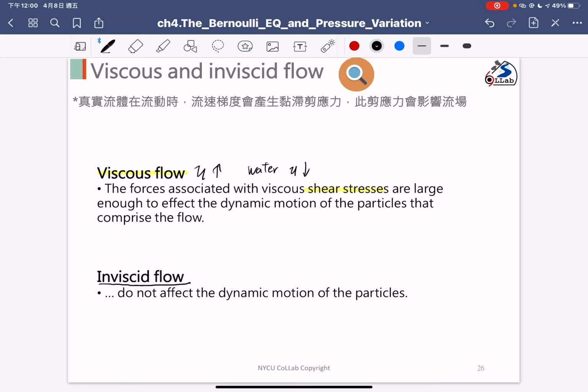Okay. So how many flows do we have today? We have steady, uniform, and laminar, turbulent, and viscous, inviscid today. The flows we have today. So we can describe the different flow conditions based on the different definitions. OK, 好，那今天可能就